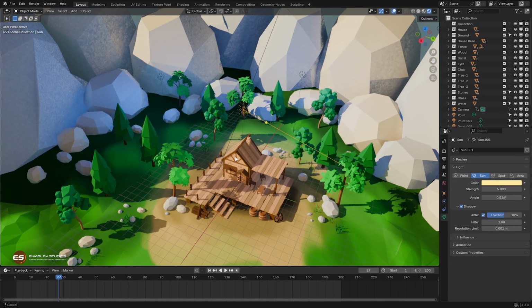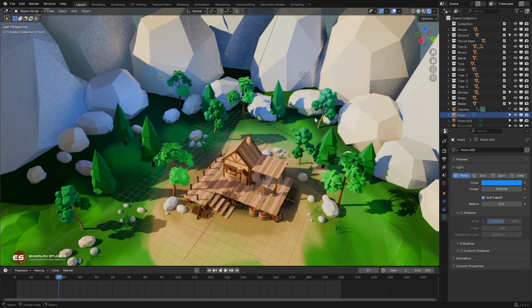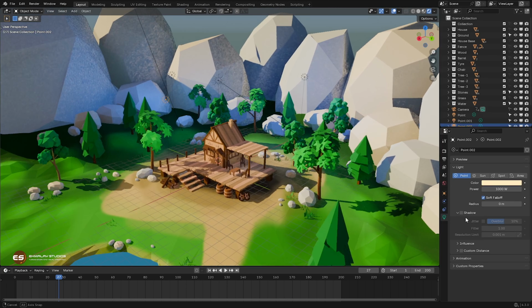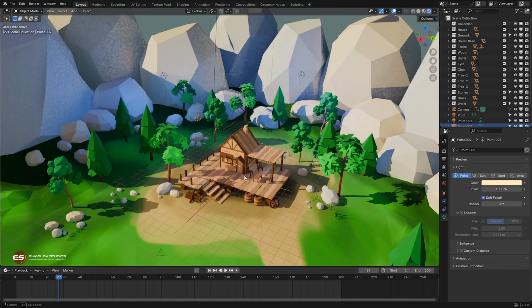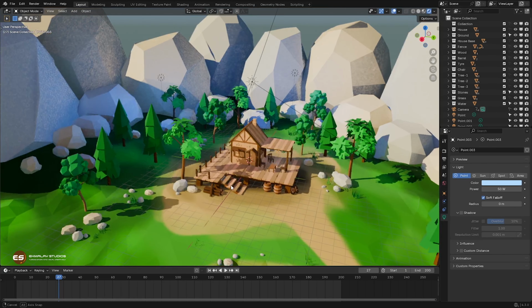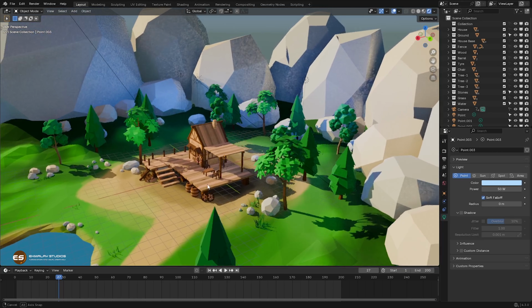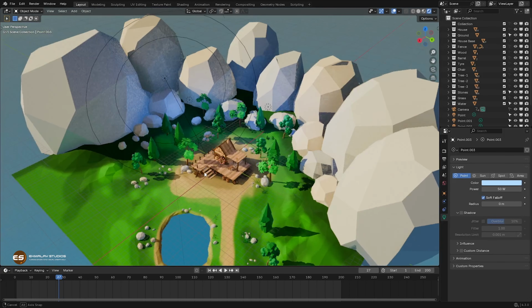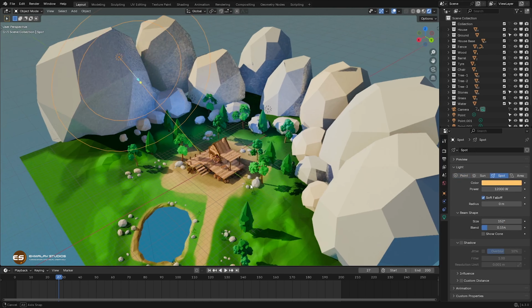So first we had sunlight, and we had one here which was a blue light, and this one as well. So you can change the color as well if you want, depending on your taste. And I have added this one. This is just in front of the house, which has no shadow, and I have added another one just under here to make a little bit more light down here, and this is the setting for that one as well. And I believe there's one more, which is this one, which is